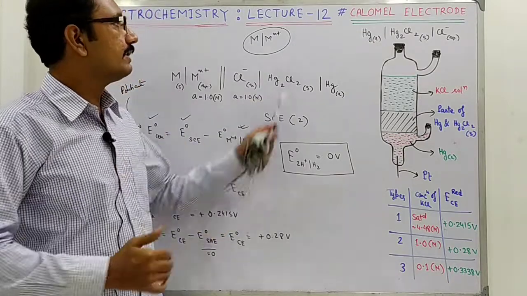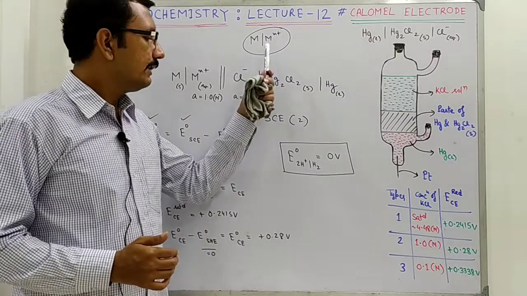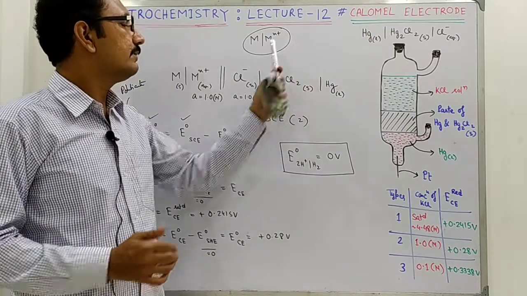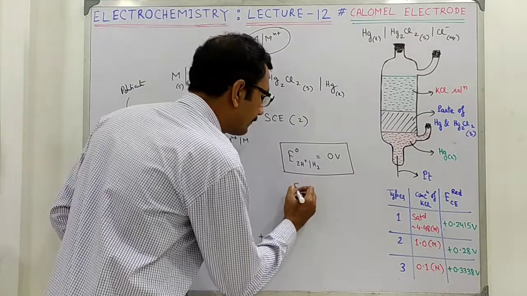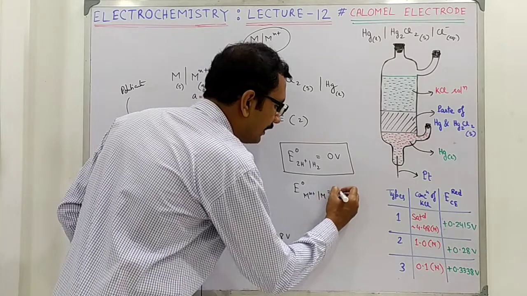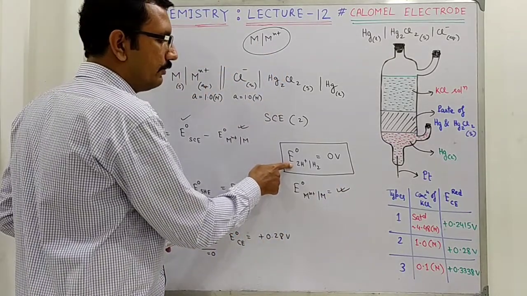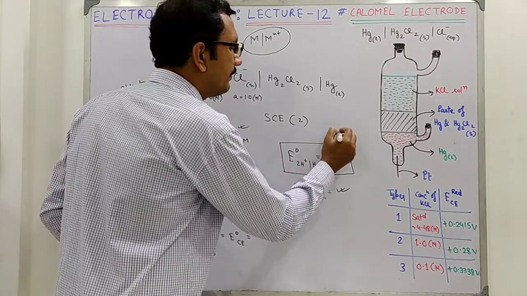That was the point of discussion in the previous lecture. So, that will directly give you the value of this E0 Mn plus M. You will get this value directly using SHE. So, this is the primary reference electrode,